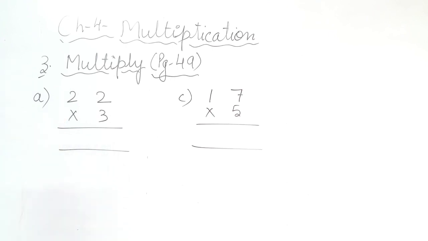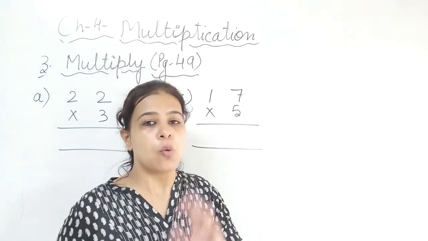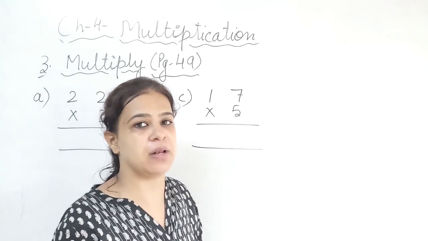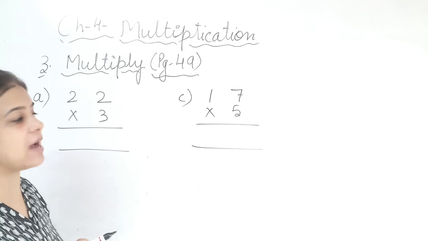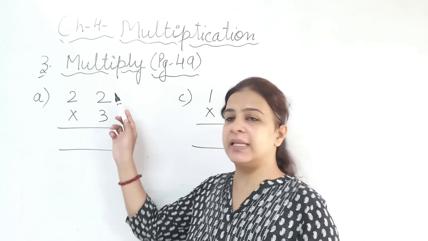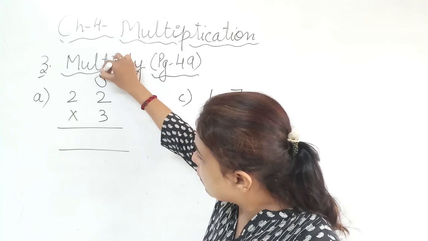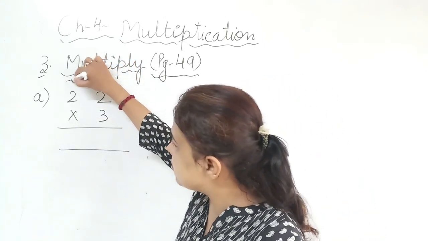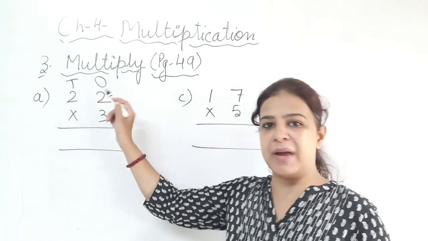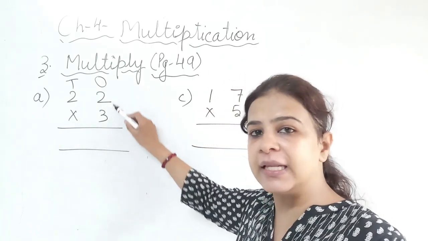Children, before doing this multiplication, I have explained in addition and subtraction where we should start, whatever the number given. So from which place should we start? We should start from the ones place. So in the same way, I will start this multiplication from the ones place only. So see, this is the ones place and this is the tens place, children. It is not mentioned in your book, but you should mention it in your maths time book. Okay children, now I will start multiplying this number.